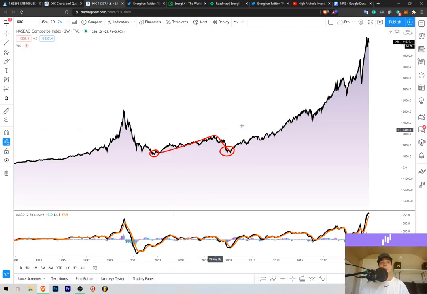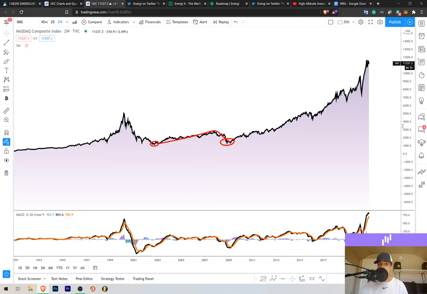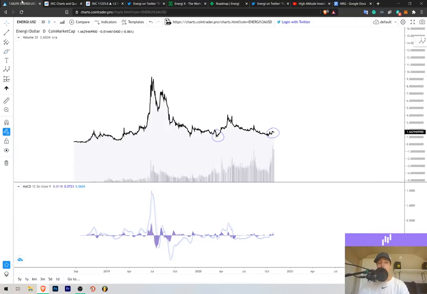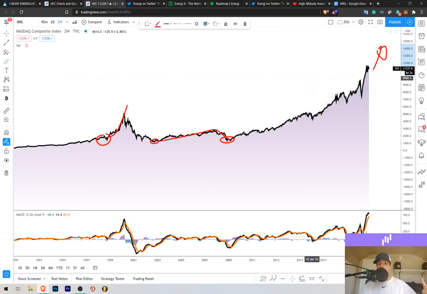the future. And that's what we're seeing with the NASDAQ here, is we're seeing the beginning of that next bubble phase. We're kind of like early on. We're like in this early spot right here where we're going to go super parabolic in the future and be in another bubble. And that's kind of why cryptocurrency is so awesome, is you're actually able to invest in a lot of different projects right now, including energy token, at extremely undervalued prices before they even went into the bubble